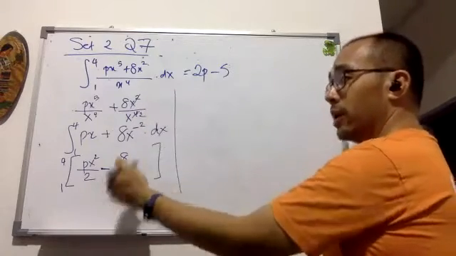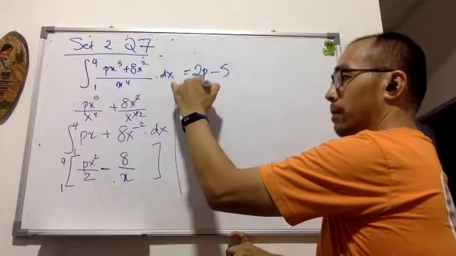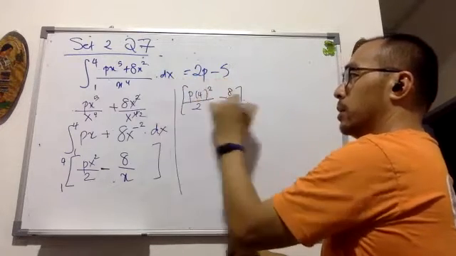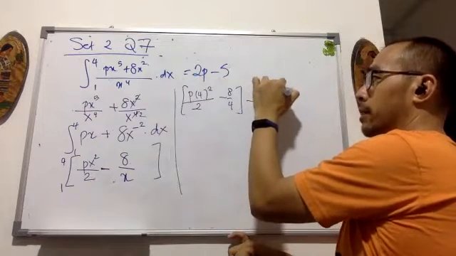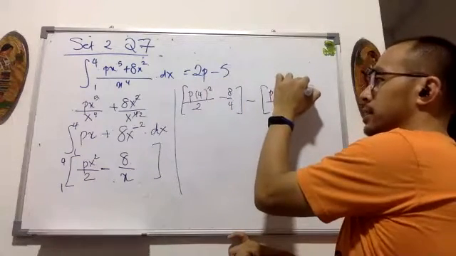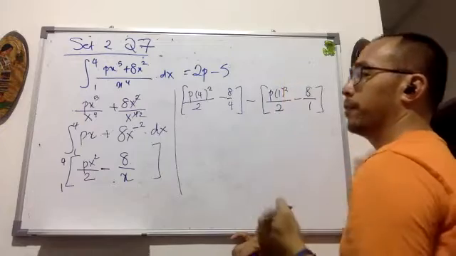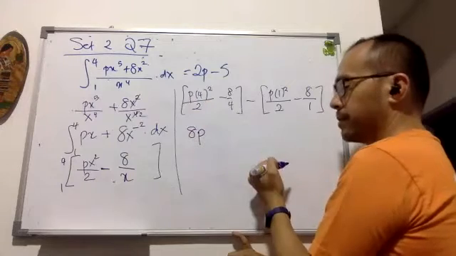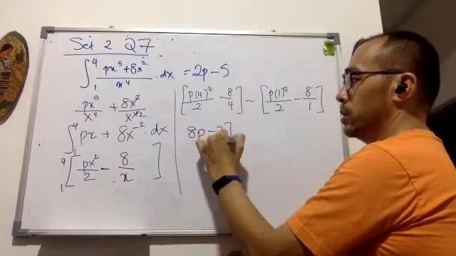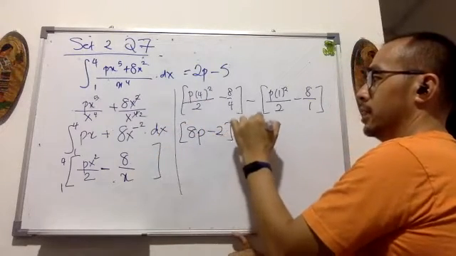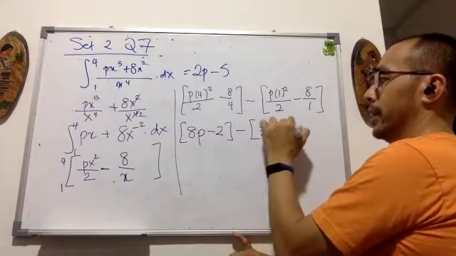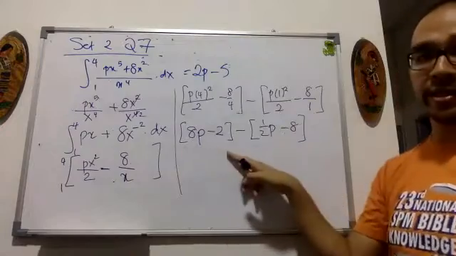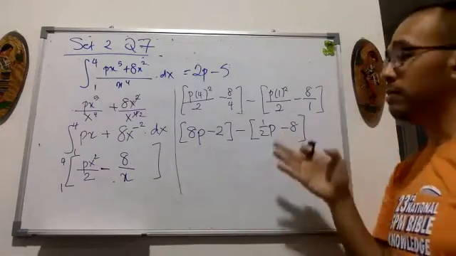Okay, so I substitute the 4 and the 1. So p times 4 to the power of 2 over 2 minus 8 over 4, minus p times 1 to the power of 2 over 2 minus 8 over 1. Okay, I will get this as 8p minus 2, minus, this will be half p minus 8. Notice that even until this step, I'm still holding on to my bracket. Okay, mostly because,